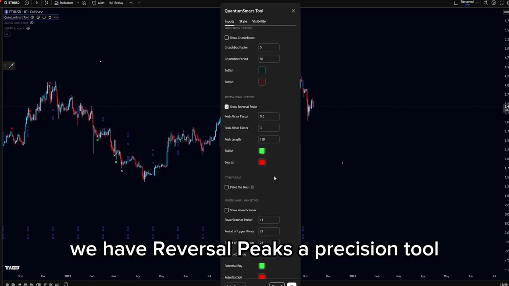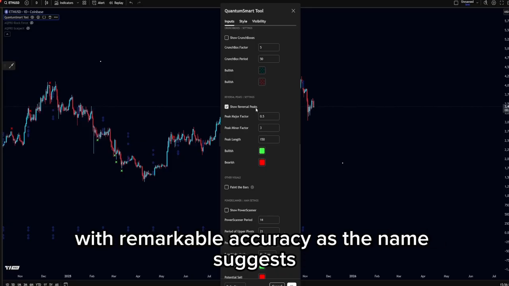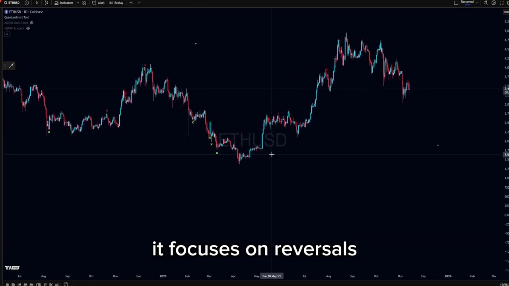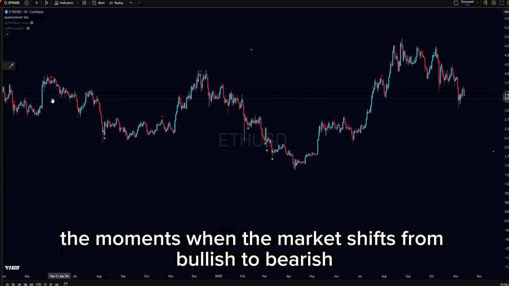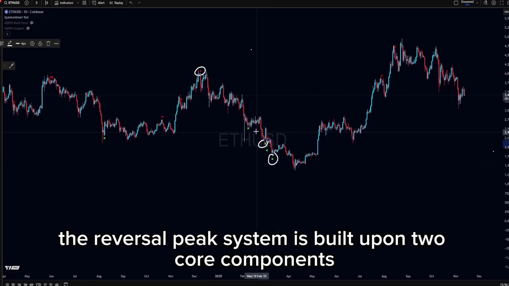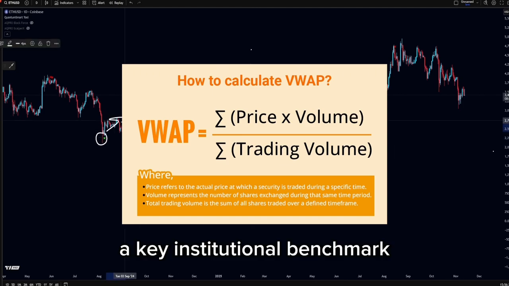Next up, we have reversal peaks, a precision tool designed to help traders identify potential price turning points with remarkable accuracy. As the name suggests, it focuses on reversals, the moments when the market shifts from bullish to bearish, or vice versa. The reversal peak system is built upon two core components: the VWAP, volume weighted average price, a key